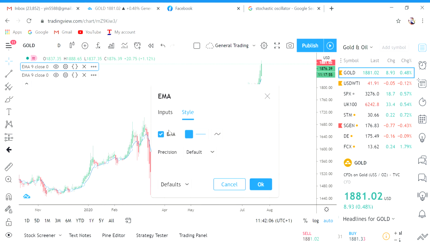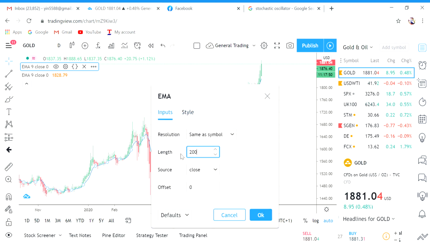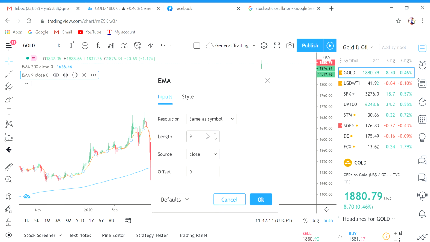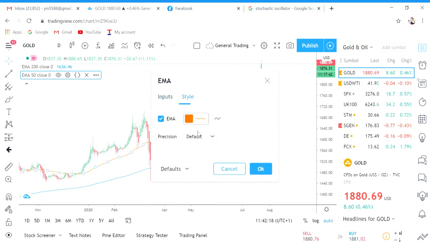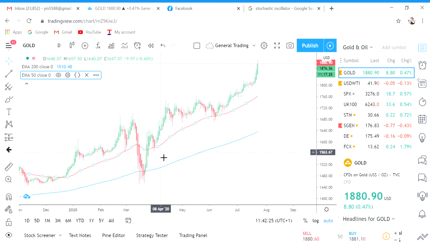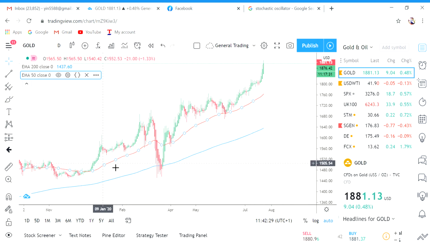So here you go to here, you change this one to 200 closing, length close 200, and then you change this one to 50 and maybe red color. That's how I like to set it, but as long as it's a different color, you can set it any way you want. So basically this one tells you that if it's an uptrending chart,